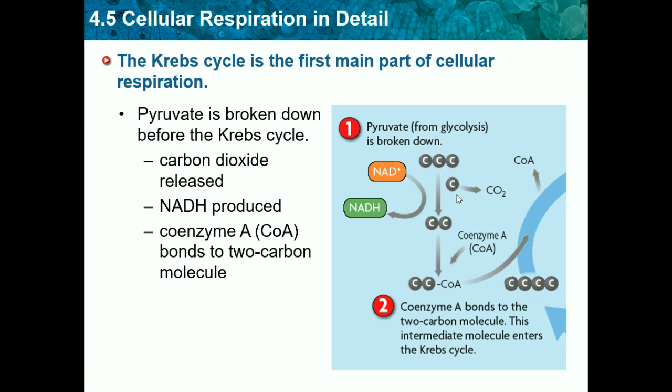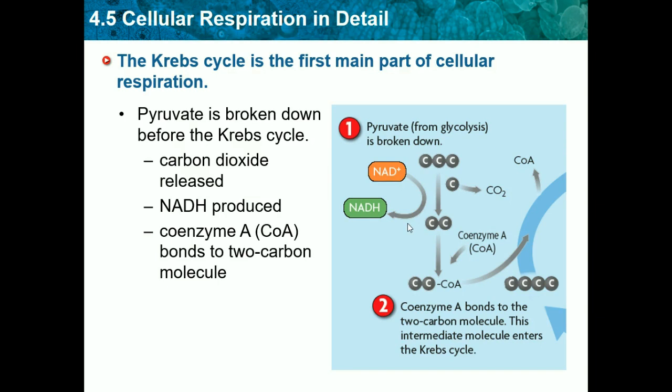But also, once doing this, we turn NAD plus into NADH, which is more energy for the next cycle, which is the electron transport chain. This is what we need to power that. So after we get NADH from the high energy electrons that were transferred from the 2-carbon molecule to NAD plus